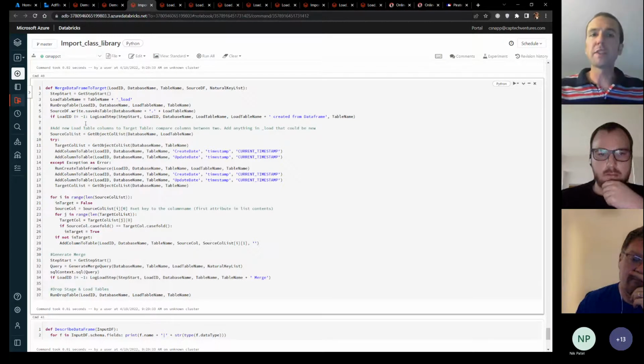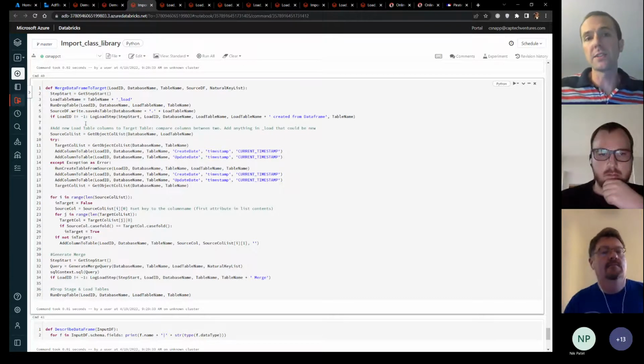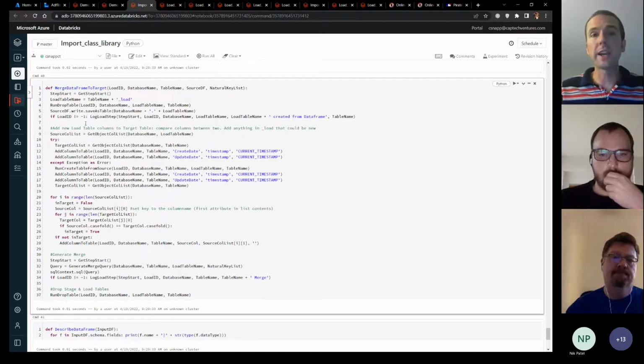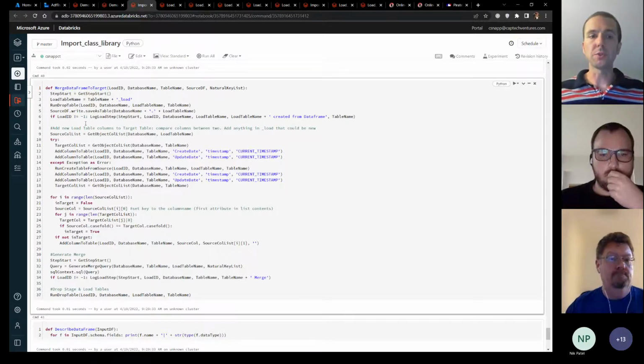So that's all perfectly valid in this scenario because the JSON could adjust over time. And so what I want to do is have a nice structure persistent where it's not going to affect my users if I take away columns, because you don't really do that in a data lake. I'm also making sure I have my audit columns, and I'm doing a merge of the data based on that natural key.